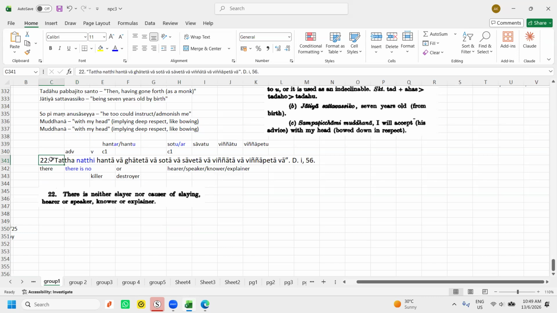Okay, it's a long A. Let's say you take this long A. So here, can you see the word sota? Sotu and sota. This one is sawatu, sawata. So this is vinyatu, vinyata. And then this one is there, all these, except this one. So if you take this one,